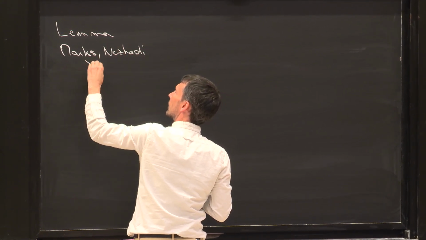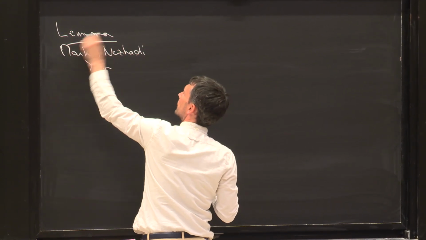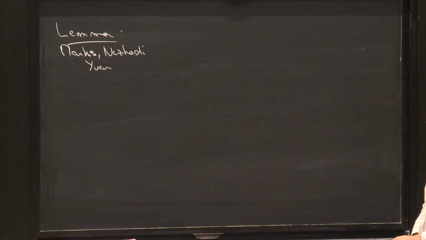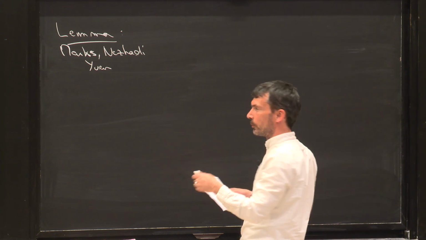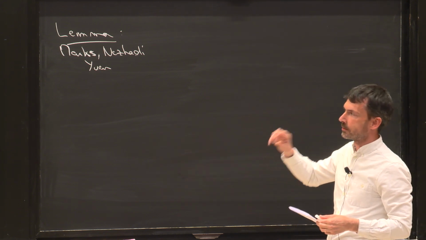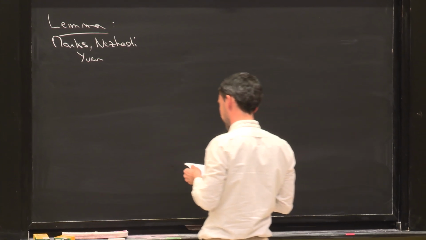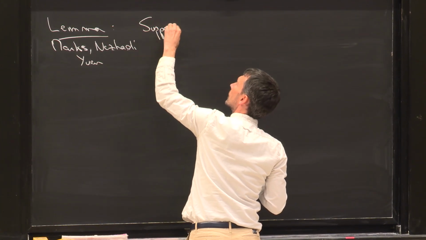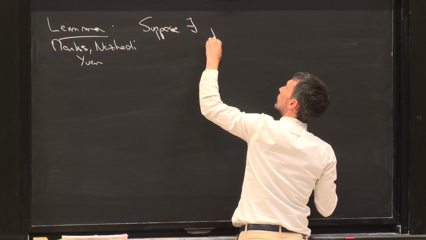It's a result in logic, and it states that under some general conditions, the language L will be uncomputable. And so there will be a reduction from the halting problem to L if the following conditions are satisfied. So suppose that there exists, and here I will write polynomial time,